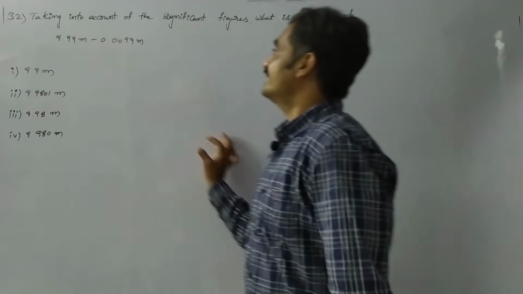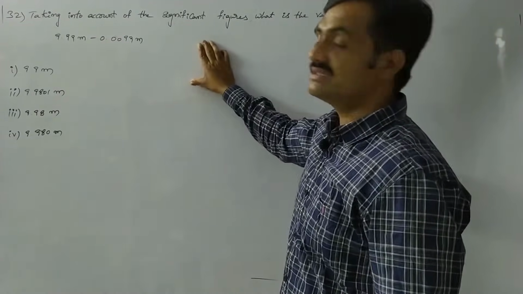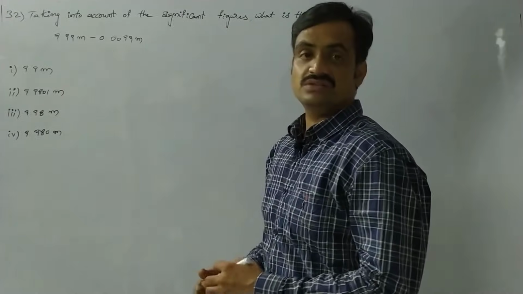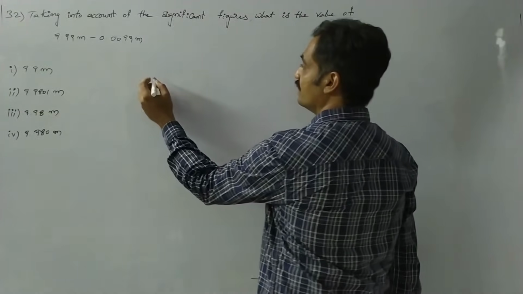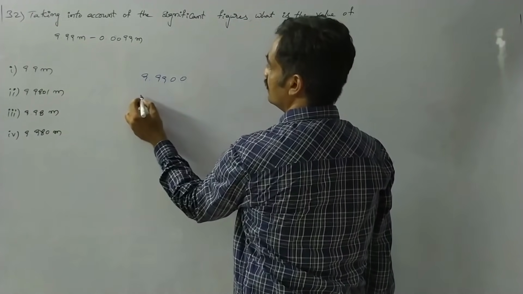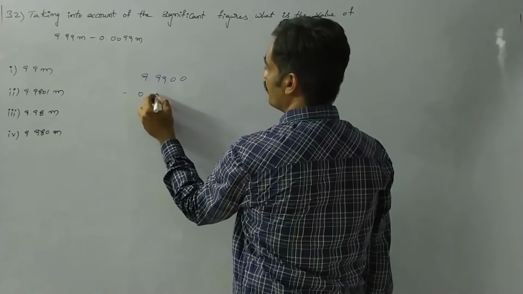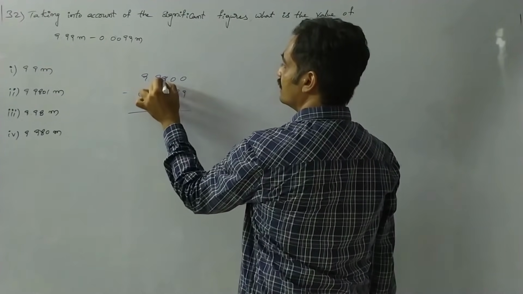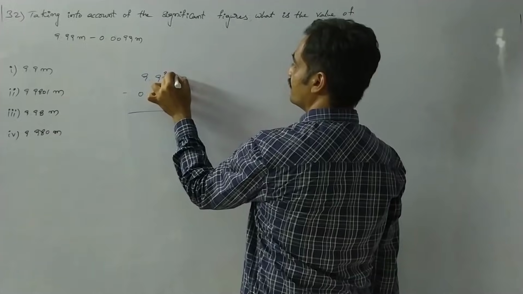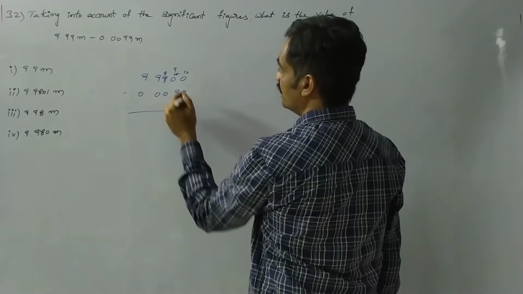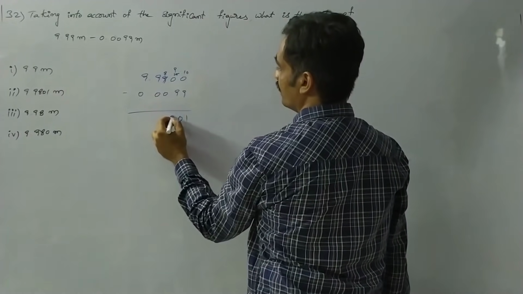The next question is, taking into account the significant figures, what is the value of 9.99 meter minus 0.0099 meter? So here we have to subtract this value. We know that 9.9900 minus 0.0099. As we borrow the value from this, here we have 10, again if we borrow we have 10. 10 minus 9 is 1, 9 minus 9 is 0, here we have 8,